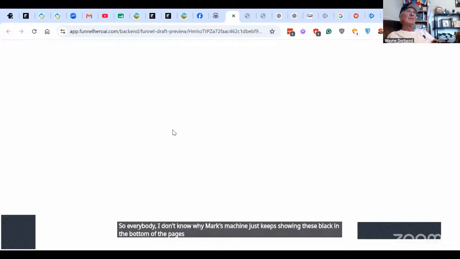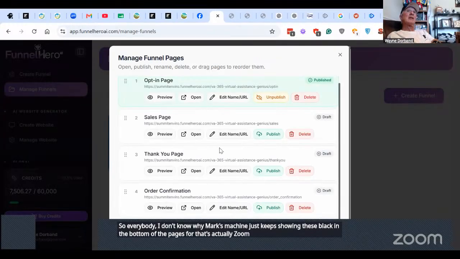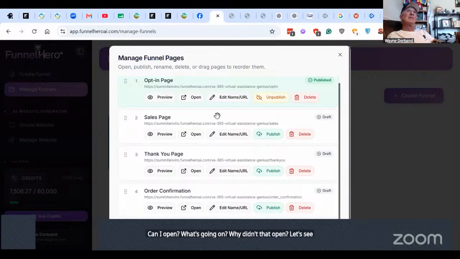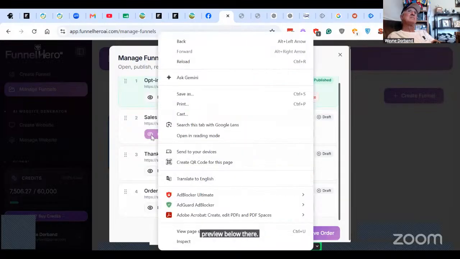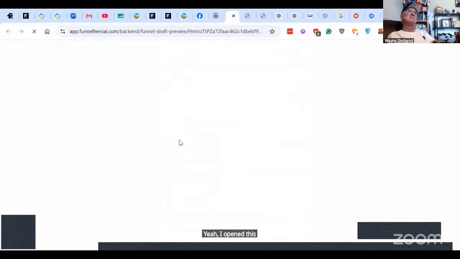So everybody, I don't know why Mark's machine just keeps showing these black bars at the bottom of the pages. That's actually Zoom. Can I open? What's going on? Why didn't that open? Let's see. No, it didn't. Click the preview below. Yeah, I opened this, but